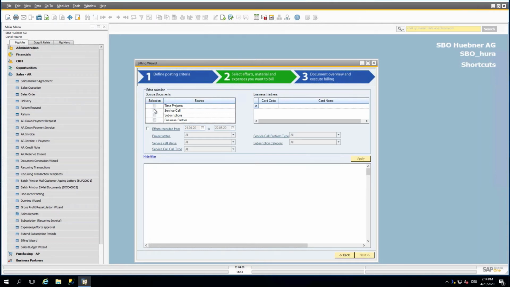And now we can select the source of documents. And here you can see it can be service call, it can be a subscription. We're going to take a look at those later, or also a business partner. But in this case for us, of course, the time project. Let's go back to make sure that I don't forget the date. And project status doesn't matter for us now. I apply,